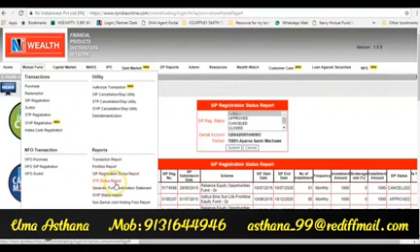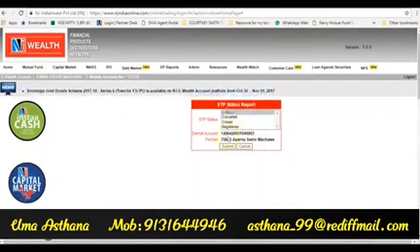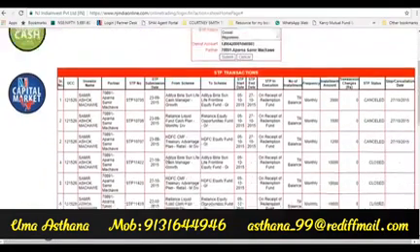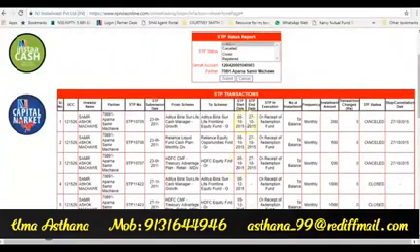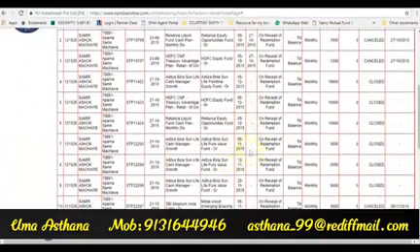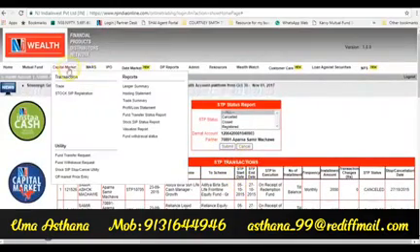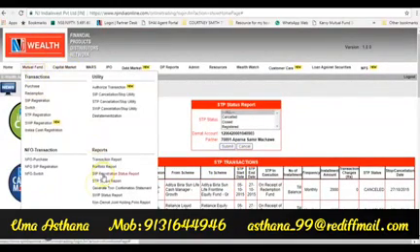Portfolio report, STP status. If you have any STP registered, you can check it from here. So multiple STPs registered, from date, end date. Some of them might have an end date, some of them might not have an end date. So multiple reports: generate transaction confirmation statement, SWP status report, non-demat joint holding.